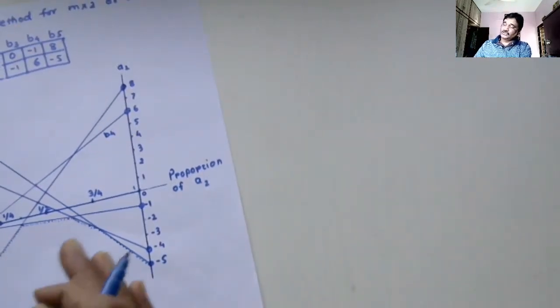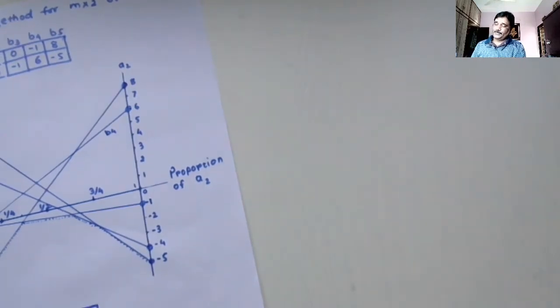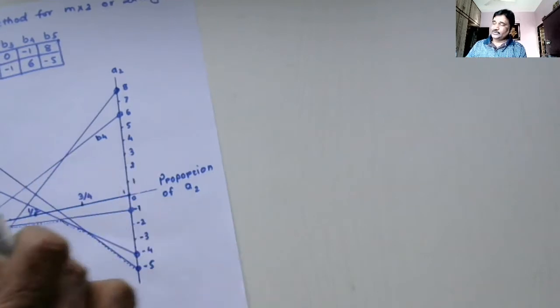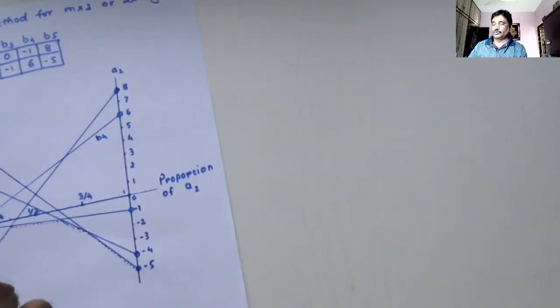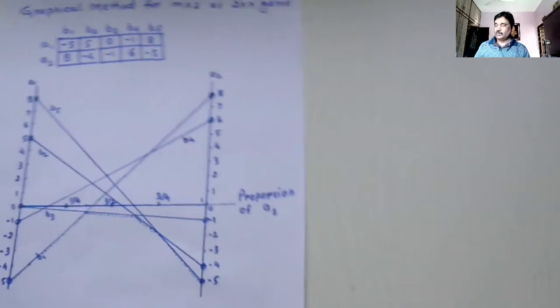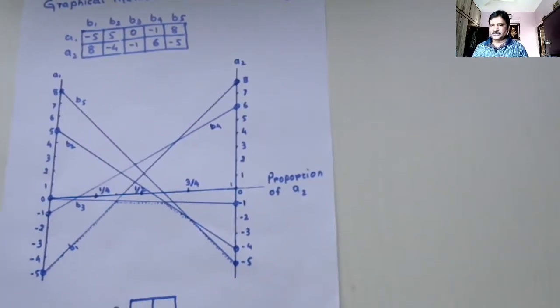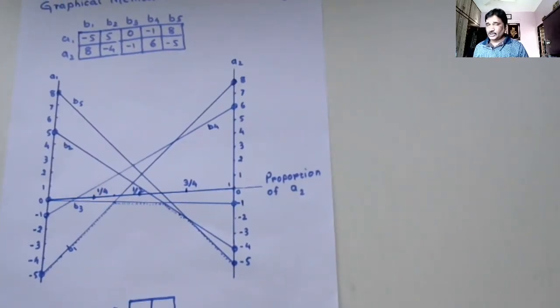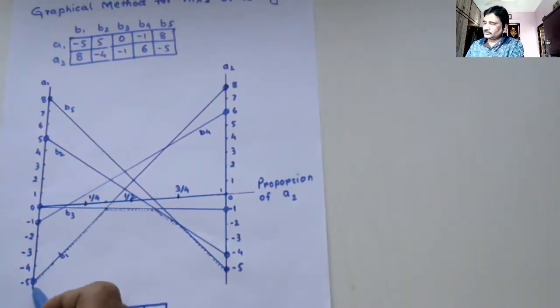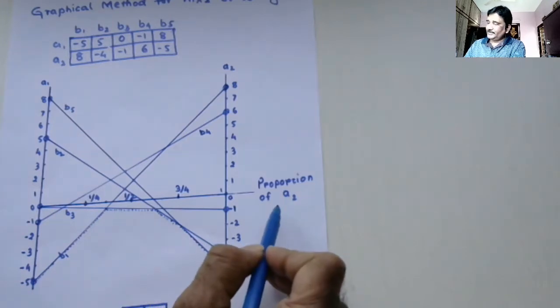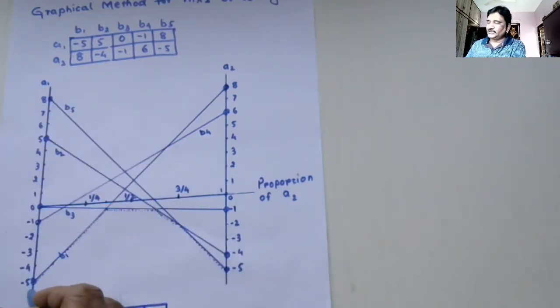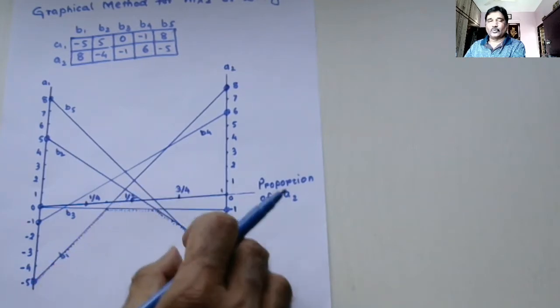What is the response of player B? Which course of action will be selected by player B in response to changes in the proportion of course of action A2 is visible to you from this dome. Okay, you don't have to do this much. When you will be solving this problem, soon you come to know that player B will be playing B1. If player A plays A1, you come to know that this will be the play zone.